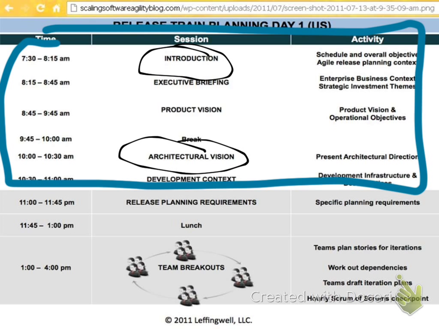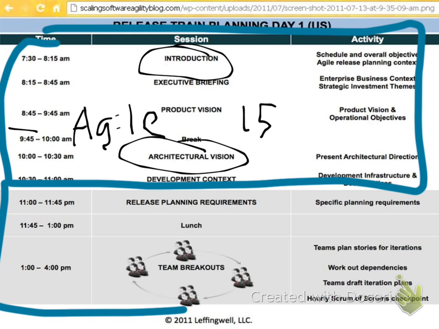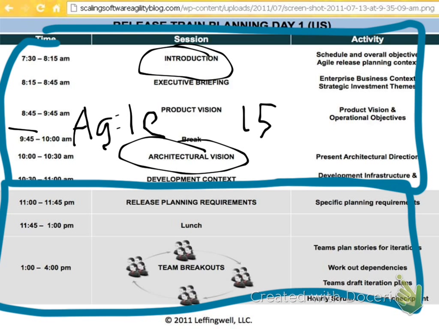One other thing that we included somewhere here was an update about any agile. So maybe there's a process that somebody could learn. Maybe there's a new book that we want to talk about. Maybe there's an upcoming training. So usually we try to allow 15 minutes to give everyone the state of how the process is happening. And then the rest of the afternoon, teams basically go off and start doing all of their planning. Lots of breakout sessions, lots of whiteboards, lots of sticky notes happening then.